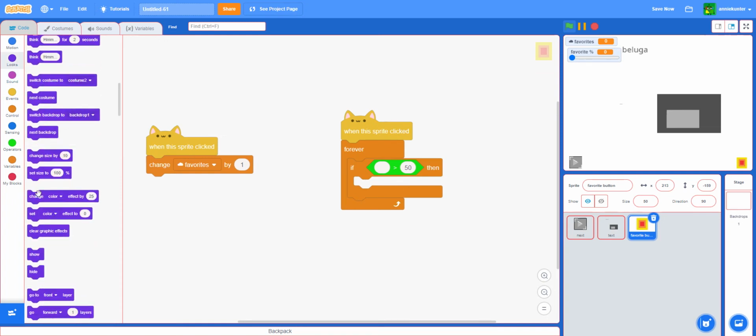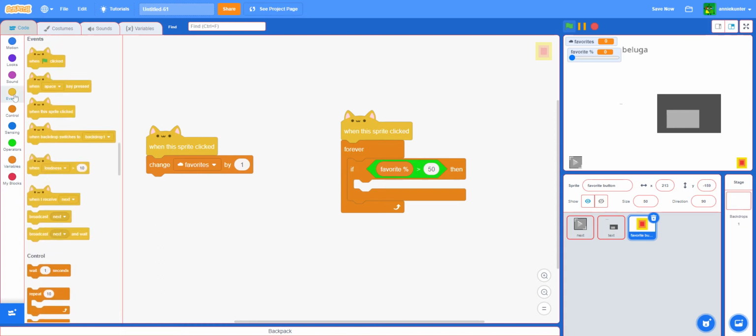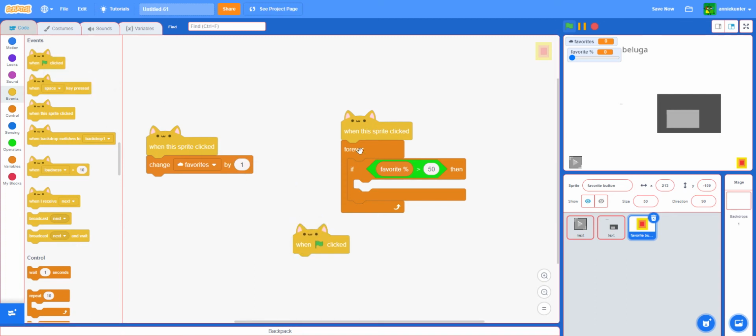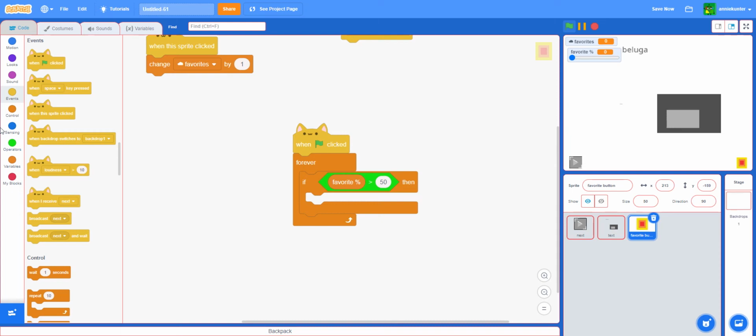Then if favorite percent is more than 50, when I clicked forever, favorite percent is more than 50, then